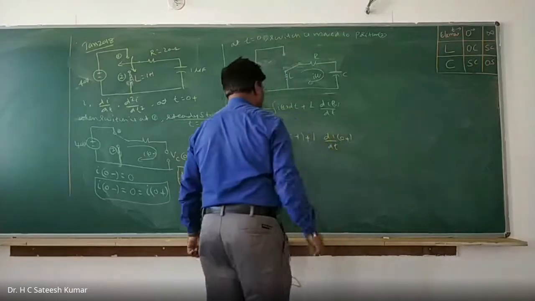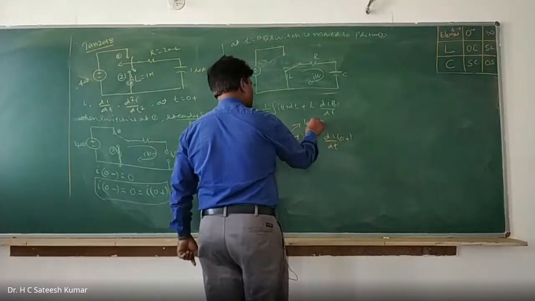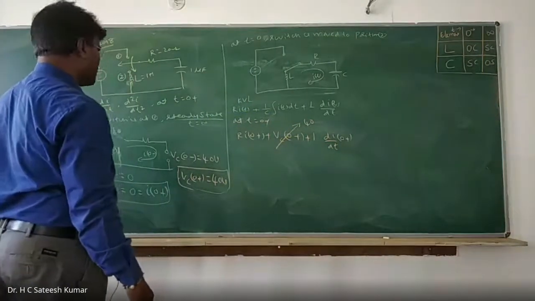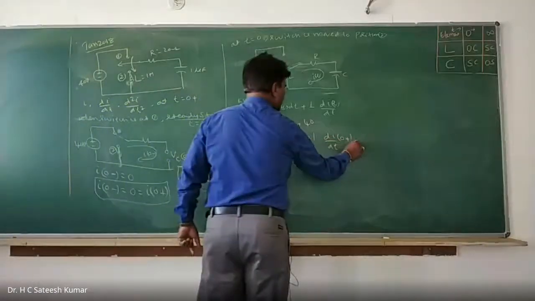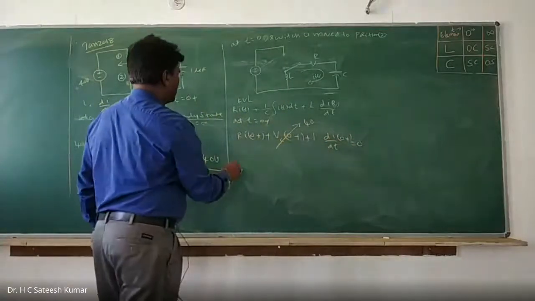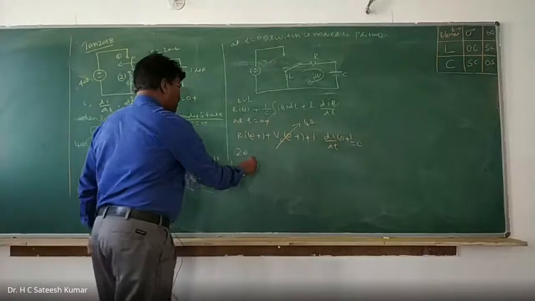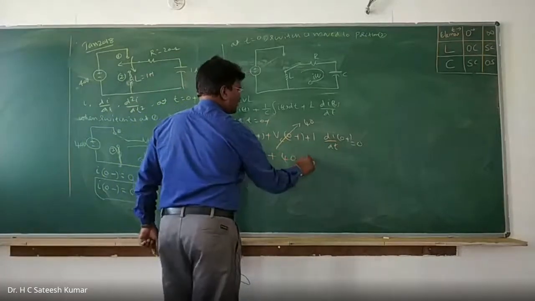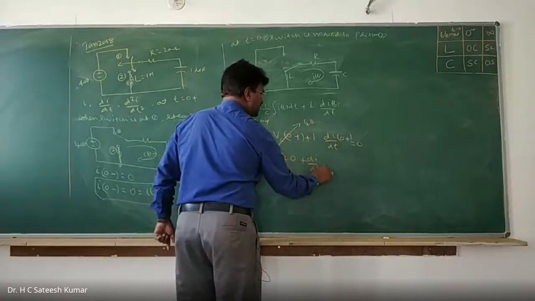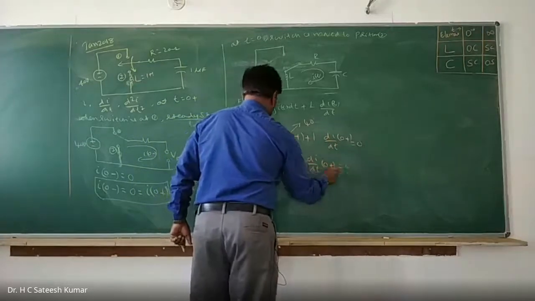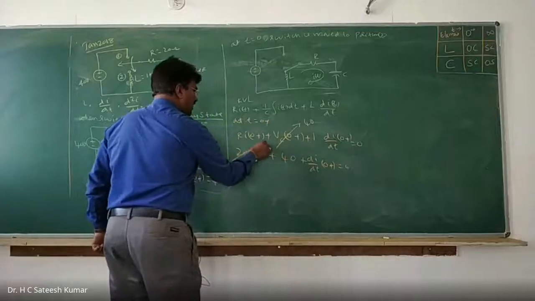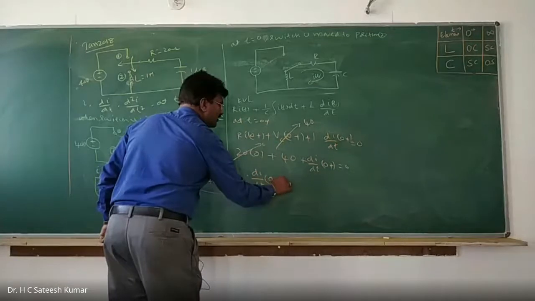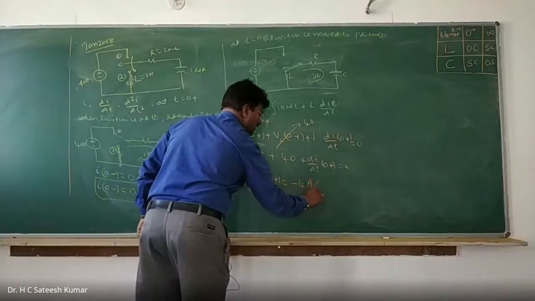Now we can easily get it. This we all know is equal to 40 volts. Okay, right. What is that we have? R is how much? R is equal to 20. 20 into I 0 plus is what? 0, plus 40, plus di by dt at 0 plus is equal to 0. Transfer to the left hand side. This will be 0 product. Therefore, di by dt at 0 plus is equal to minus 40 amps per second. That's it.